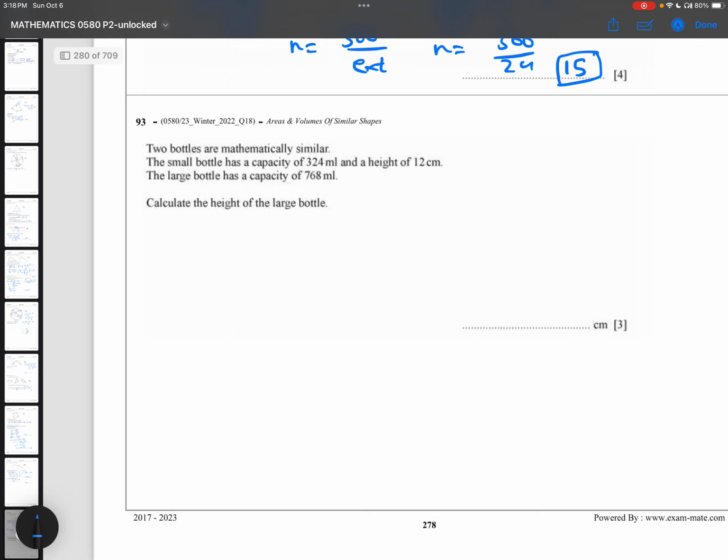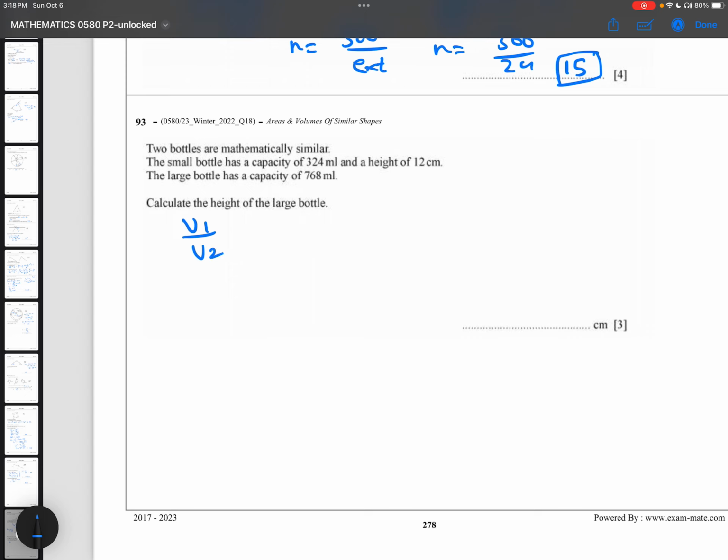In question number 93, two bottles are mathematically similar. The small bottle has a capacity of 324 milliliters and a height of 12 centimeters. The large bottle has a capacity of 768 milliliters. We have to calculate the height of the large bottle. Before doing this question, I want to let you know that capacity means volume. So we'll be using the volume formula of similar figures, that is